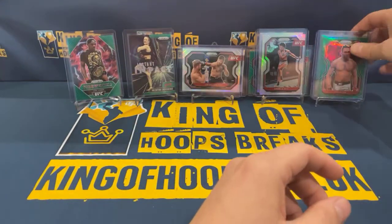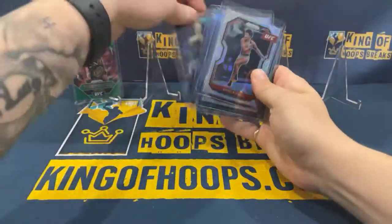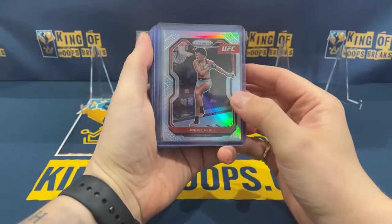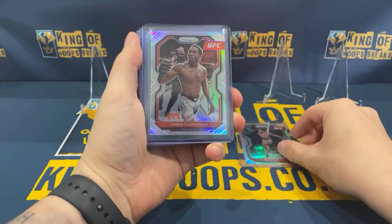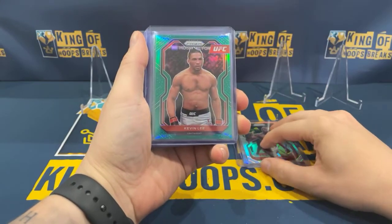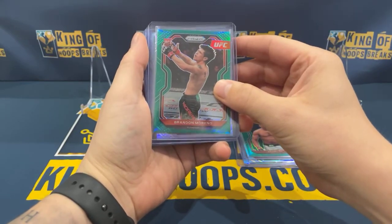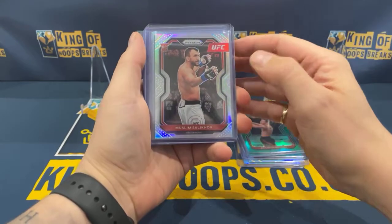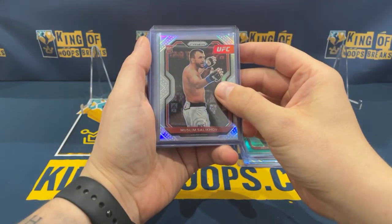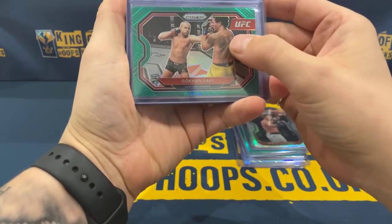All right, guys, do a quick recap. So for the women's strawweight, we've got an Angela Hill silver. For the men's middleweight, we've got a silver of Jared Connolly. We've got a Kevin Lee lightweight green. A Brandon Moreno flyweight rookie green. We've got a Muslim Salikhov, and that's a rookie welterweight silver. Then we've got a Gokhan Saki, and that's a lightweight